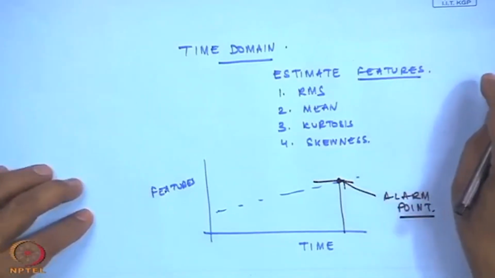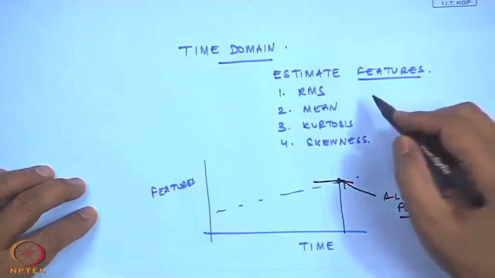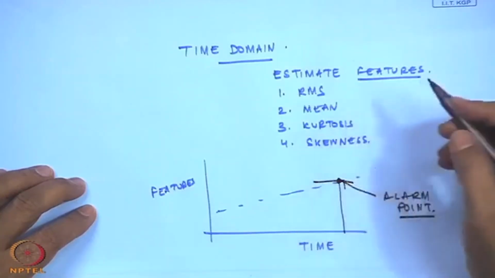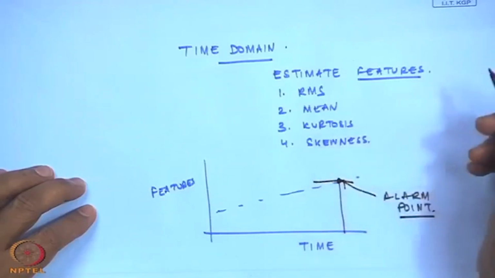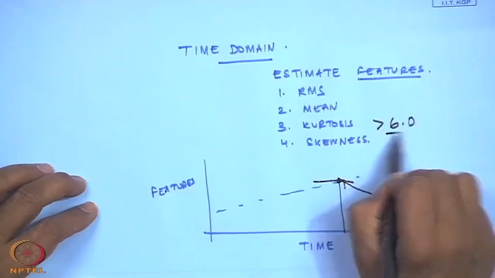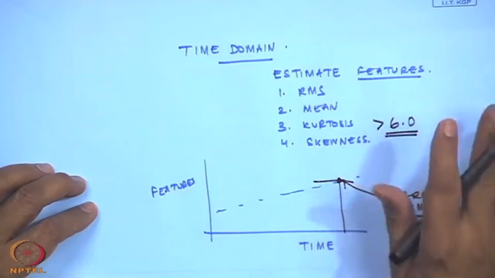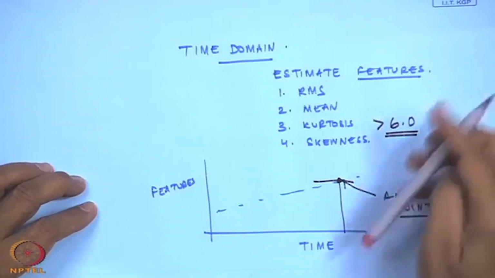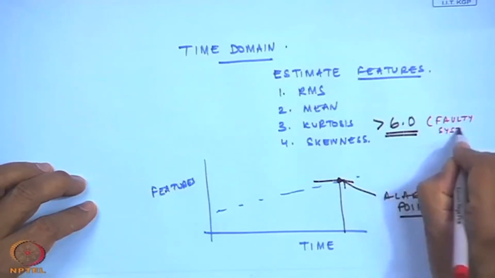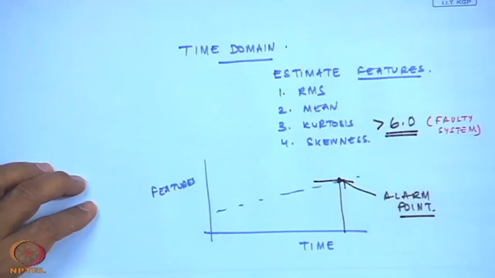Okay. But we would not like to measure only at such gross levels to only know whether a defect has occurred or not. To diagnose it, we have to do something further beyond just time domain feature estimation of the signals. However, it has been found in gearboxes that when the time domain signals have kurtosis greater than 6, we can say for sure that there is a fault in the system. Okay, for a faulty system there can be,